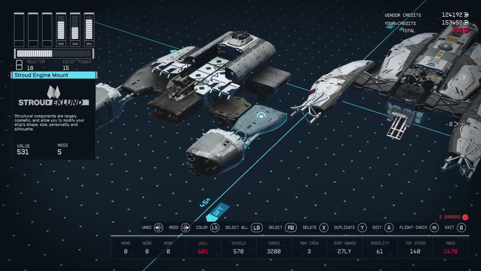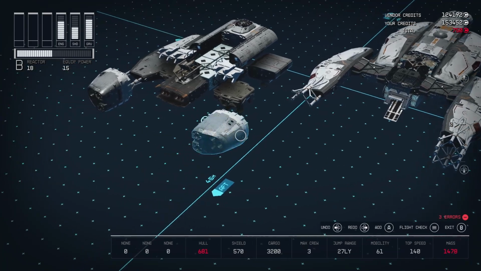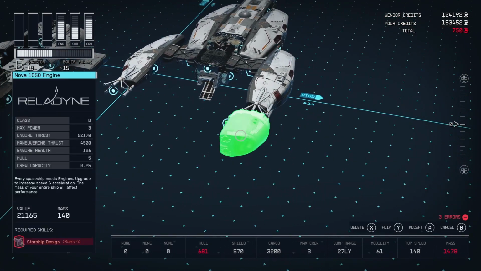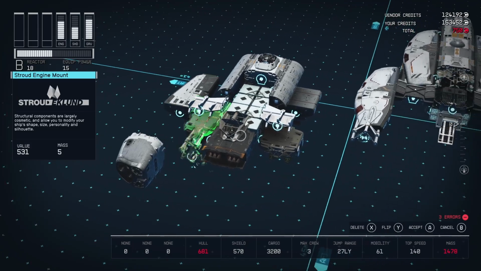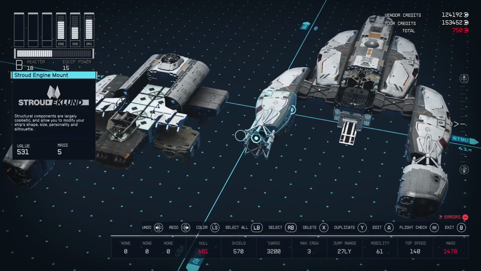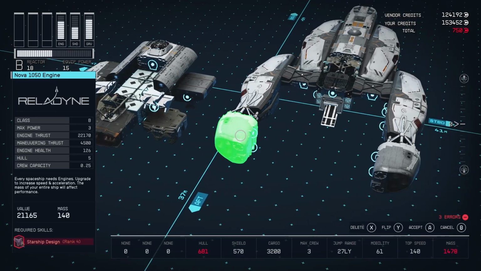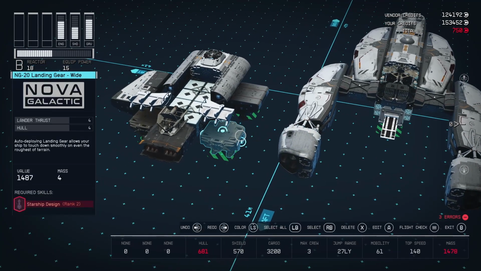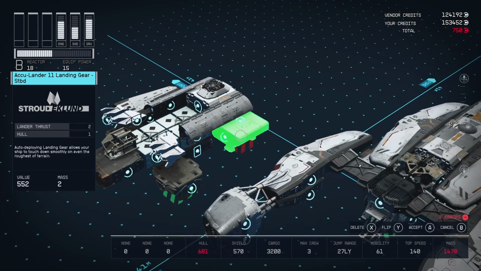Thinking, and obviously I can go with Class B engines. I'll put those ones on there for now, but I'm definitely going to change it out. Change that one out. I don't like that one back there. I like the idea of having different styles of engines, but